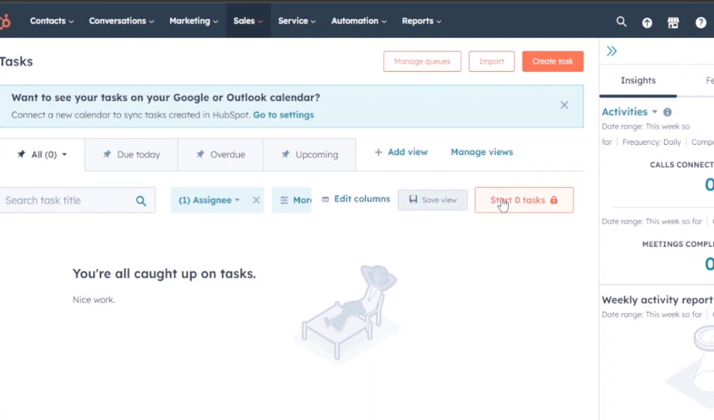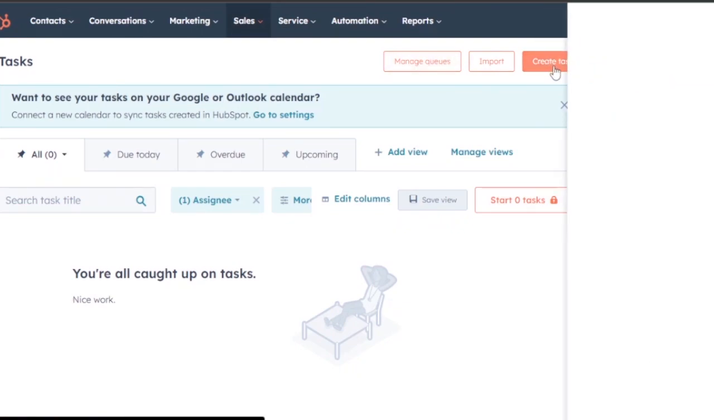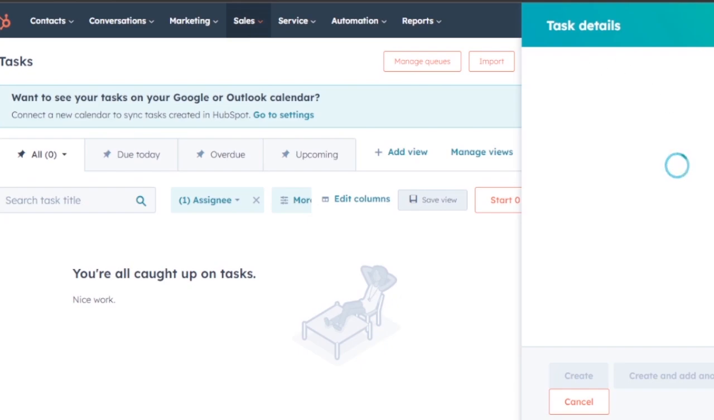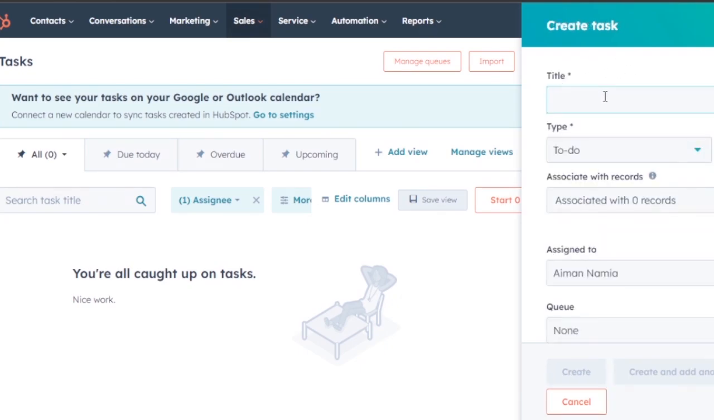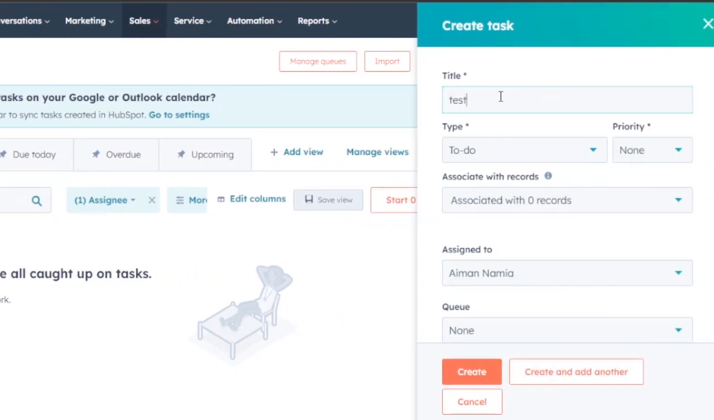To add a new task, you need to click on the option which says create task. You can also import tasks from other platforms, and you can also manage the queues from here. I'm going to click on the creation of the task from this option right here, and you can see that another box has opened up. Here I'm going to add the title of the task. I'm just going to call it the test task,